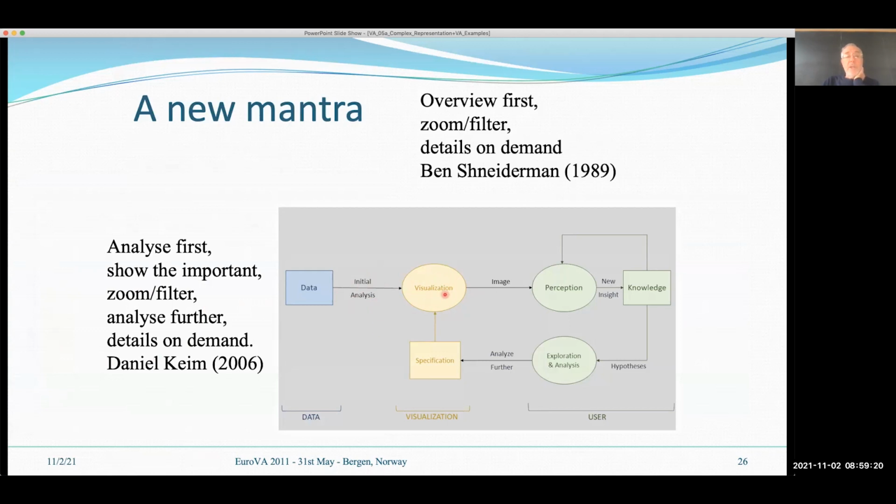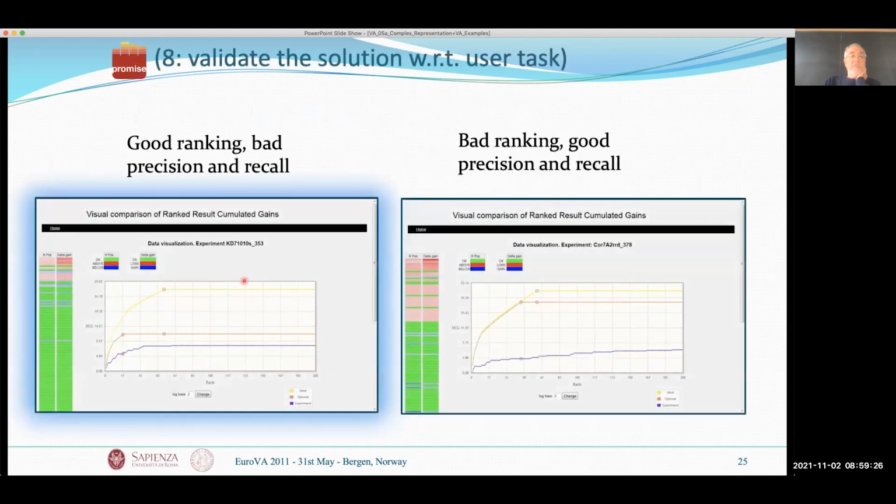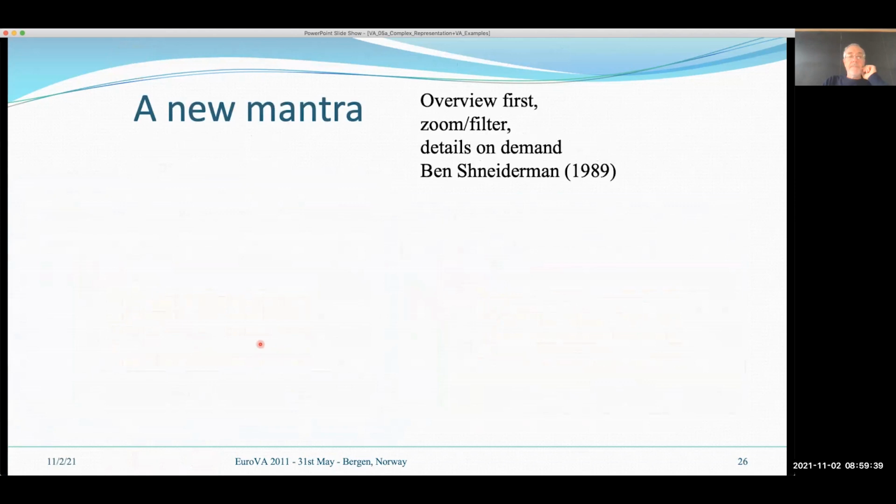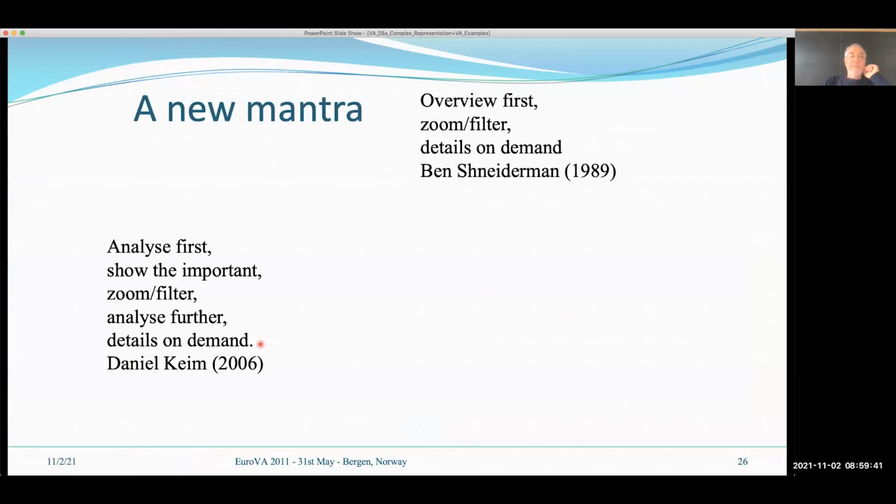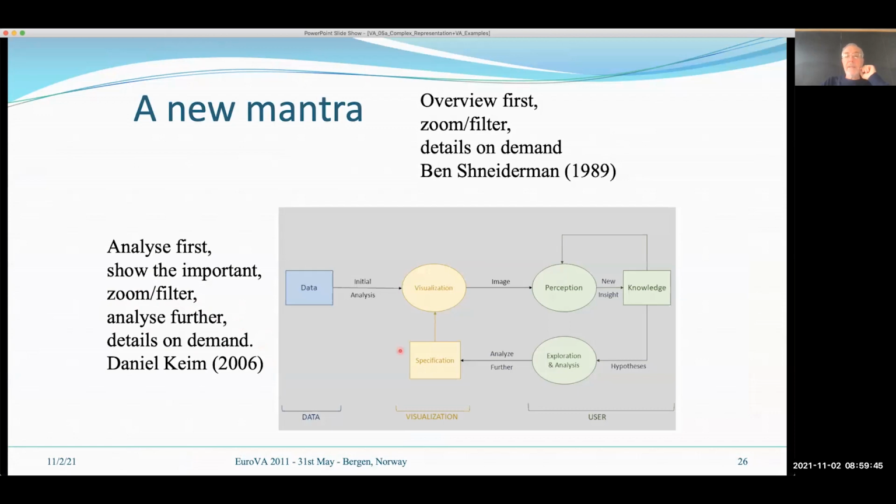And in this visualization, show the important. Here, there is the focus of the relevant point. The colors are pointing out what is important. The curve position are telling the story what is important. After that, you go for zoom, filter, and details on demand. Going for the cycle of